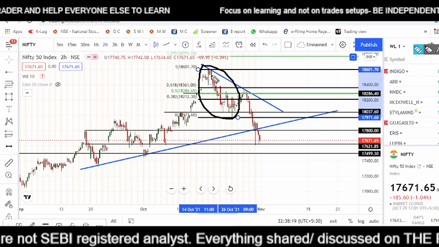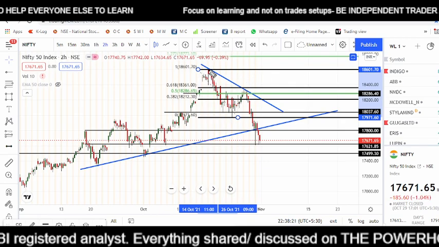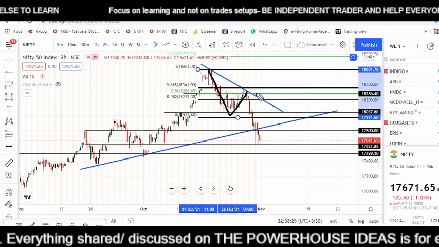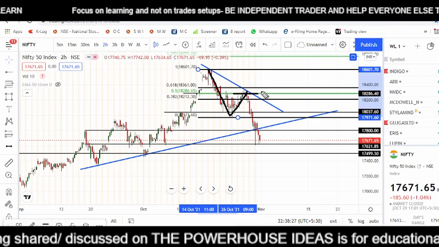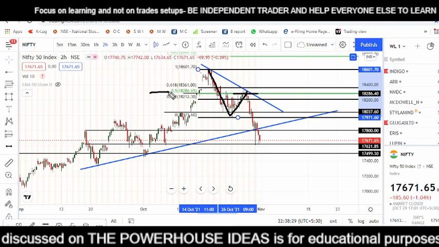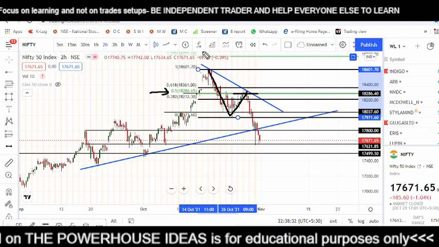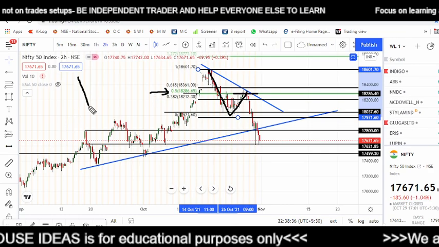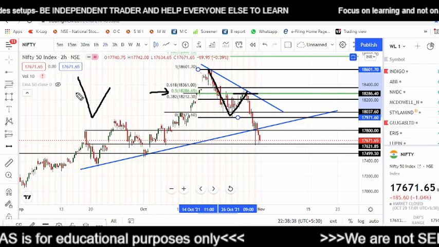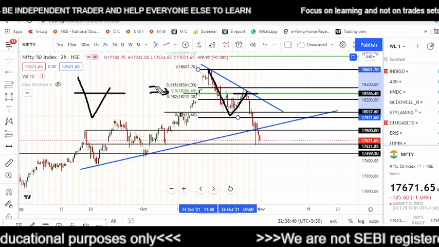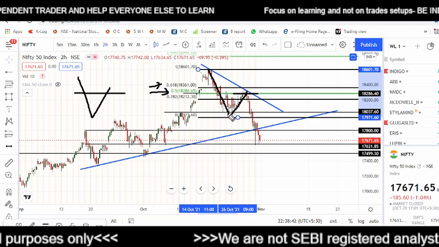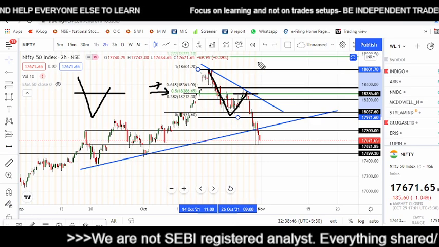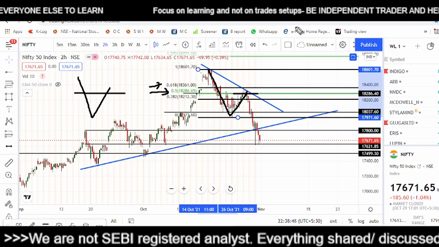As you can see, when the market was moving down, it created a pullback. Now the important point to consider is up to what level the pullback was created. It was created exactly to the level of 0.5. And in Fibonacci retracement, it is said that till the time the pullback does not cross the level of 61.8, till that time the trade has not reversed, the price has not reversed.